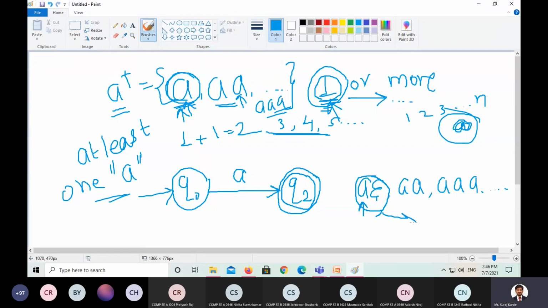A dot epsilon, it is A. Epsilon does not have any meaning. So whenever it is the concatenation of any letter or any string with epsilon, the result of concatenation is the original string. So here, how can I write: A, epsilon, comma, AA, comma, 3 times A, and so on.